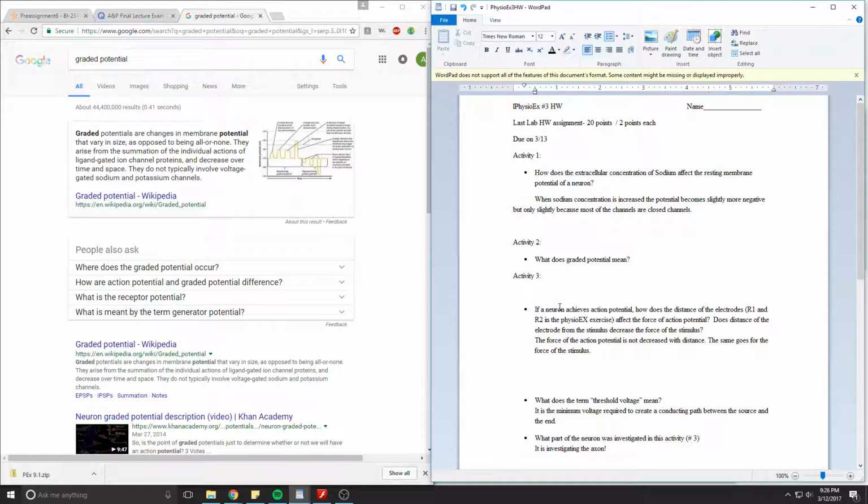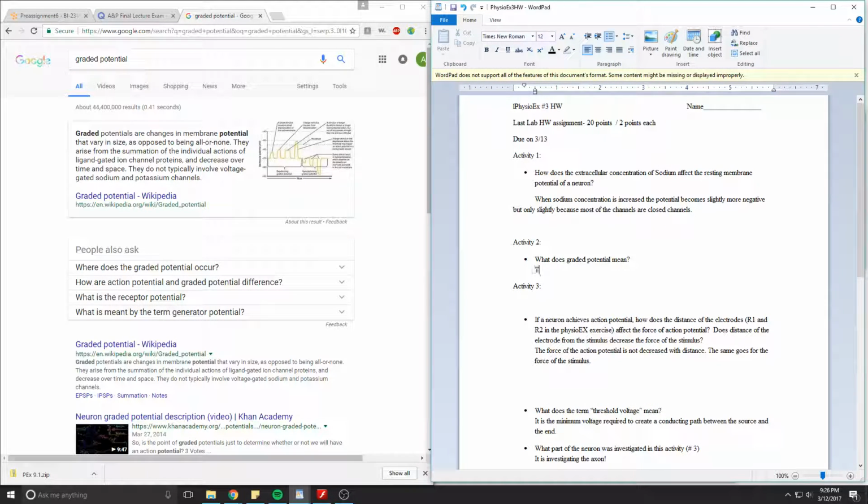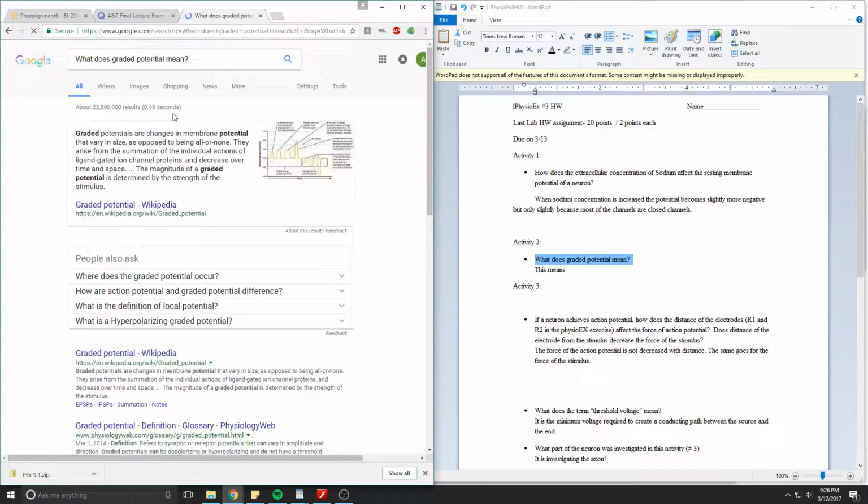What does a graded potential mean? This means... Okay, let's copy and paste this into Google, because this also does. Okay, it just gave me the same answer. So I'm going to try to bullshit my way through this. This means